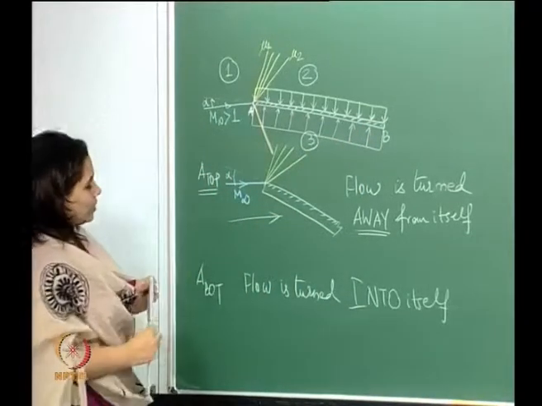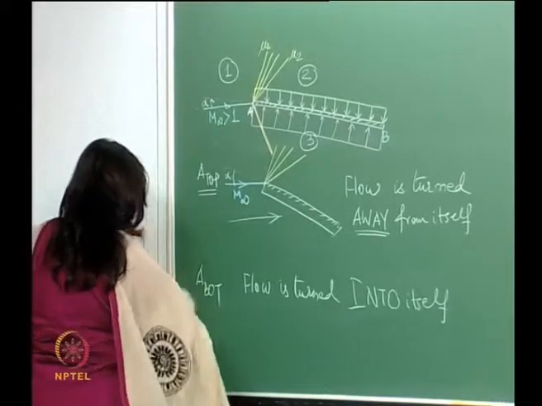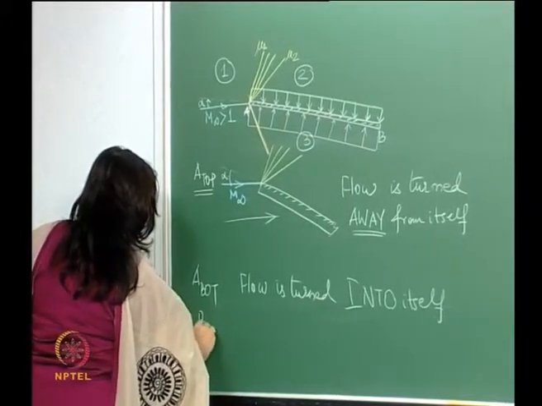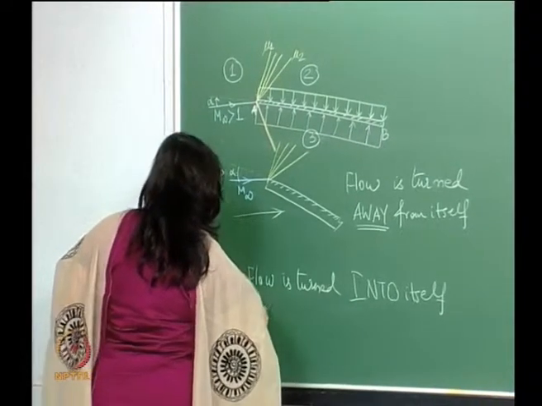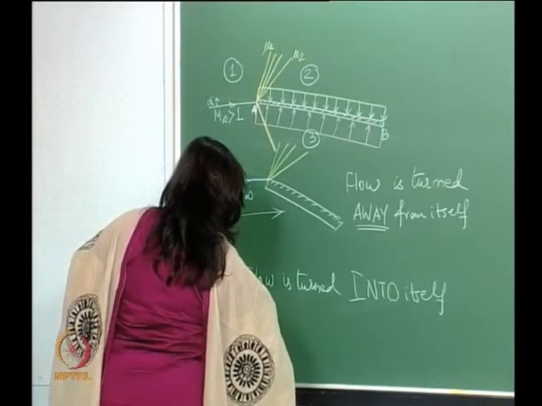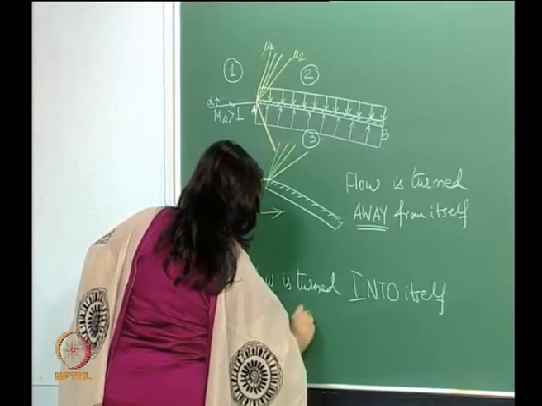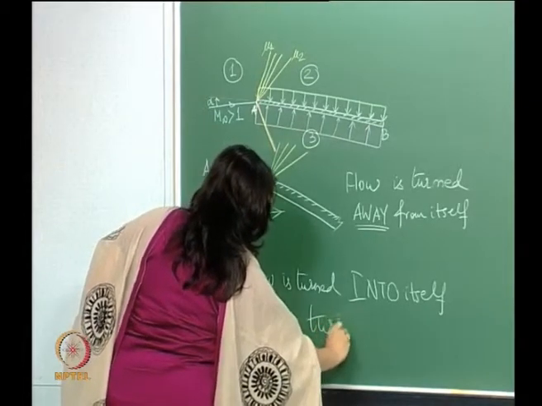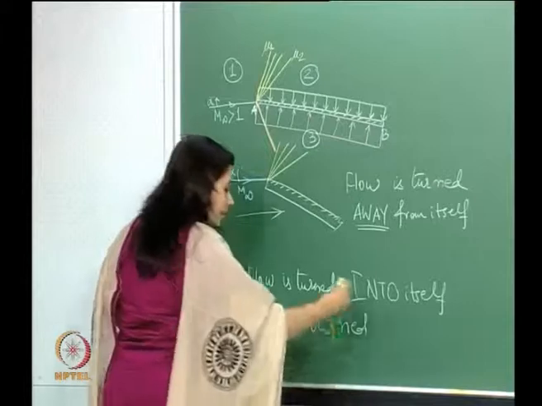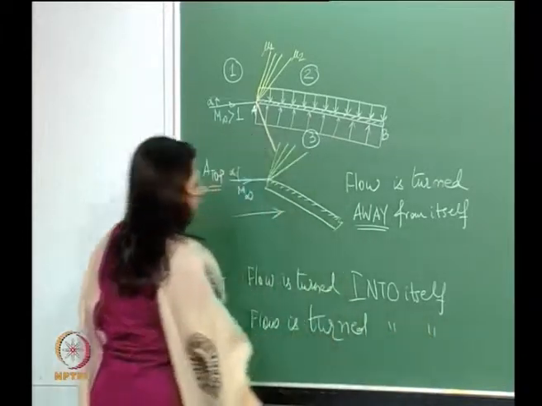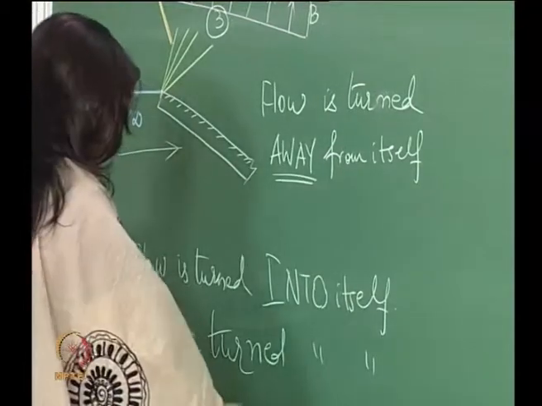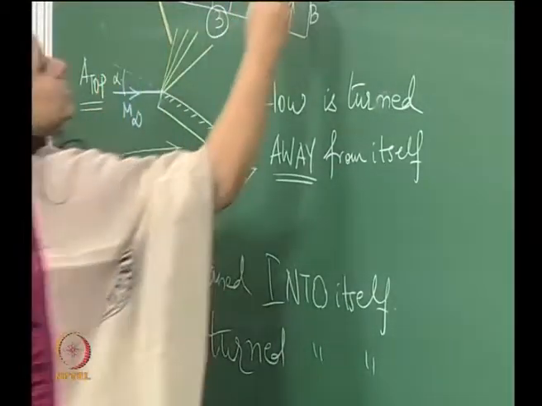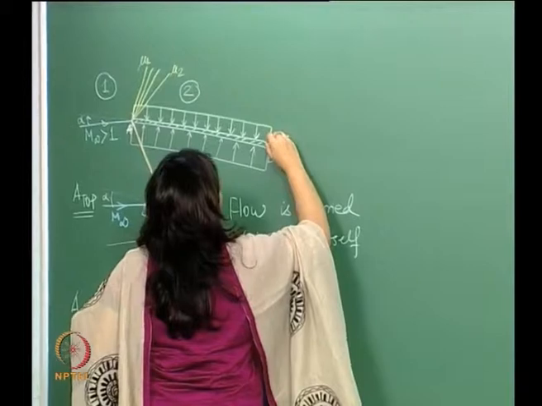Let me write that here. B at the top, flow is turned into itself. Flow is turned into itself, B at the top. So we again have a shock wave in here. So what we will have over here is a